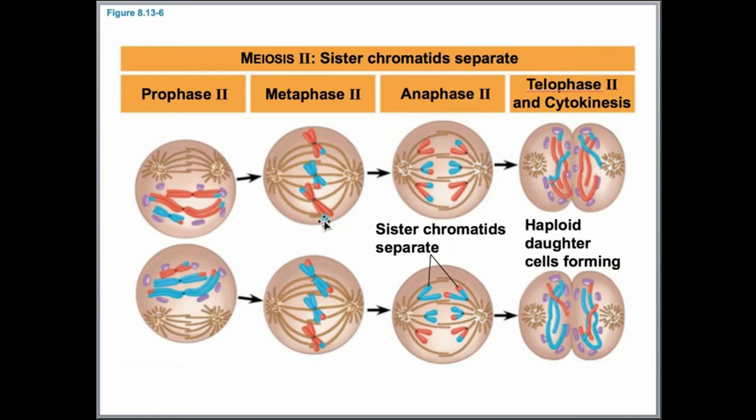on the equator. But now, remember, these are the 2 cells that you ended meiosis 1 with, and each of them is haploid. Each one only has 3 chromosomes, and each of them is different, right? So now we're just splitting apart those sister chromatids. The sister chromatids split apart in anaphase, and here in telophase 2 and cytokinesis, the chromosomes decondense to chromatin, the nuclear envelope starts to reform, spindle fibers disassemble, and cytokinesis is the dividing of